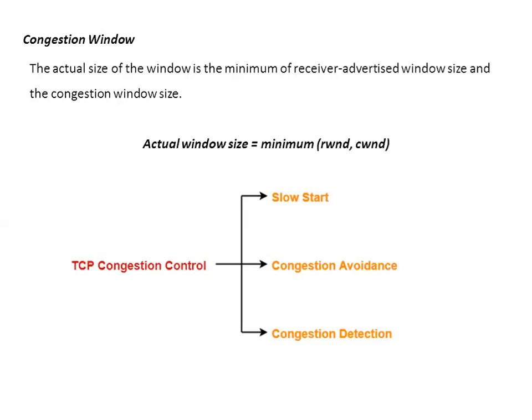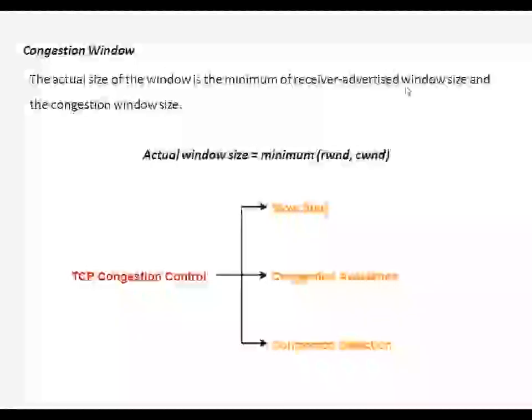But here we totally ignored the third entity, that is the network. What if the network is not in a position to carry 10 segments? So here comes the solution to the congestion problem of the network. Not only the receiver's window size is important for the sender to decide how many data packets can be transmitted at a time. We also need to consider the current capacity of the network, that is how many packets the network can carry at this point in time.